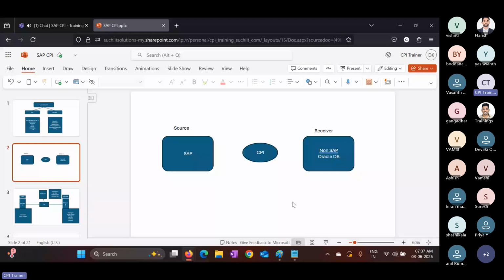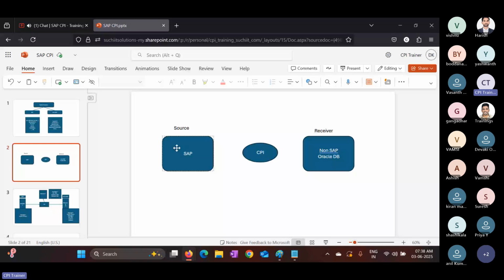You are requesting something, or you are telling something to your friend over text. Okay, then you are the sender, and who is receiving that message? Your friend is receiving the message, right? So then your friend will be a receiver in our case. Okay? In real time also, whoever wants to send any data is trying to